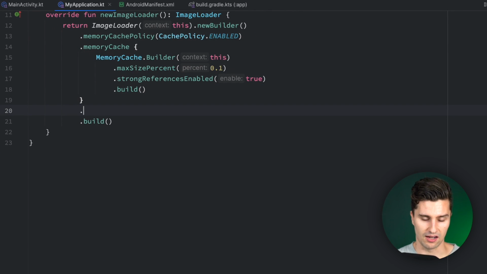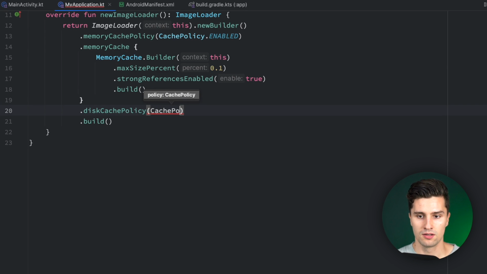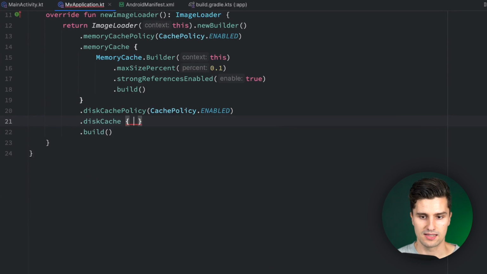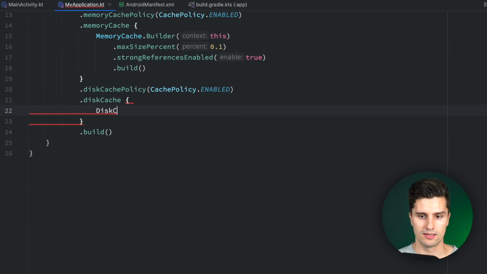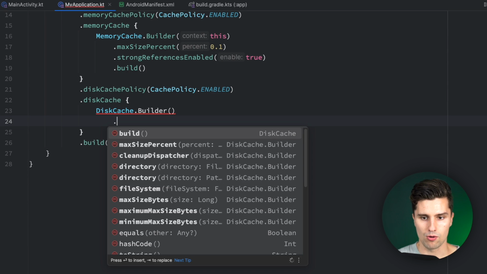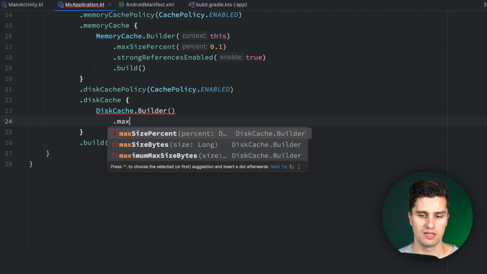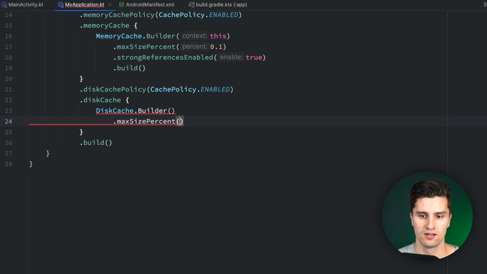Let's also do the same for the disk cache. So disk cache policy, that's not the cache that's on the device, like the persistent cache. And here we can use one of these policies as well. Let's call it enabled. And then we have a disk cache lambda where we can create a DiskCache.Builder. Here we don't need the context. We can directly call maxSizePercent. That would in this case be the remaining space that is left on the device. So for example, 0.03. That means the disk cache will use up to 3% of the remaining disk space to